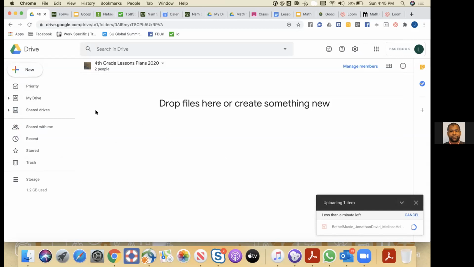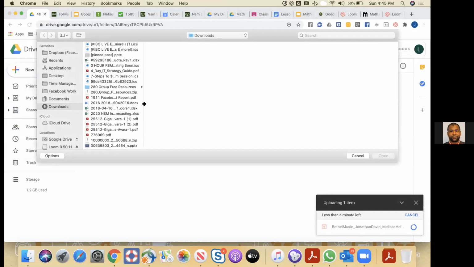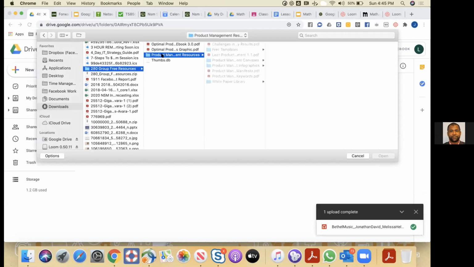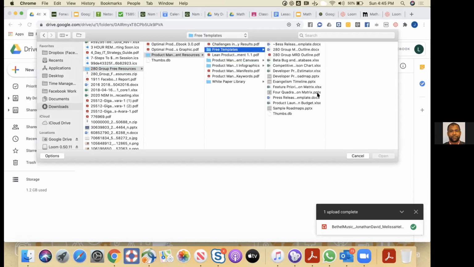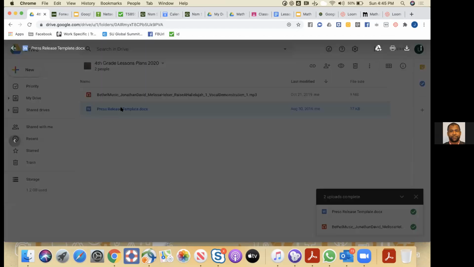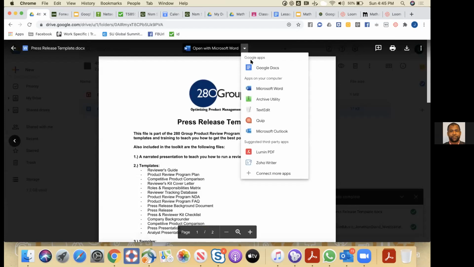And one of the cool things, I'm gonna see if I can find a Google Doc, not a Google Doc, a regular Word doc. Should be able to find one that's not too much trouble. I'm just trying to find a Word doc. Okay, so there's a Word doc here. I'm gonna show you a cool trick with this actually. So this is a Word doc that you uploaded to your drive. Now, typically it's a slightly different format from Google Drive. So what you can do, you can open it, you can say open with Google Docs,